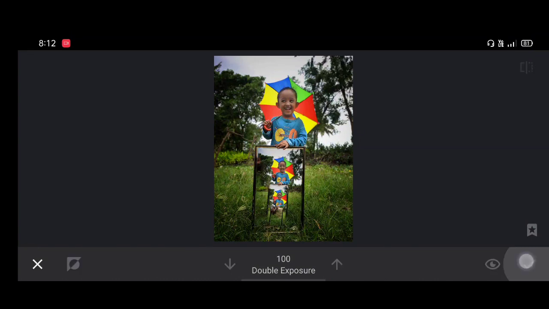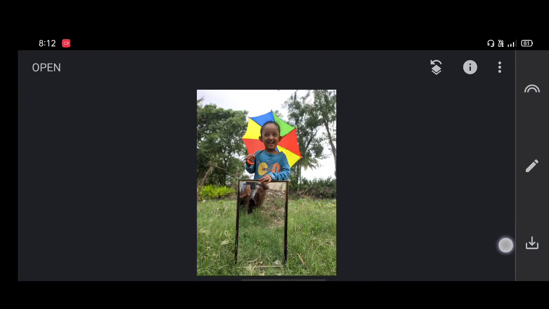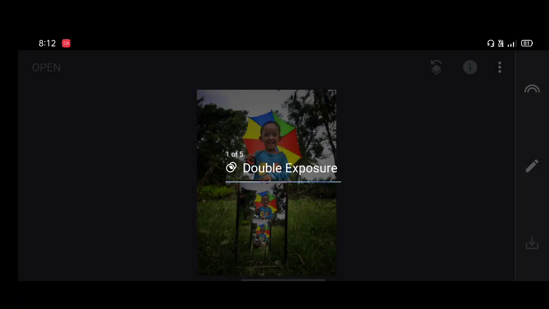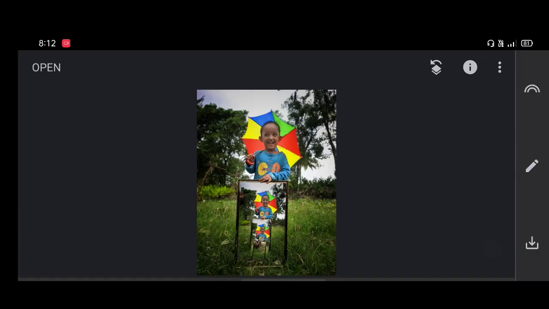Once it's done, click on the right mark and save this image to your gallery. Yes, the image is saved.